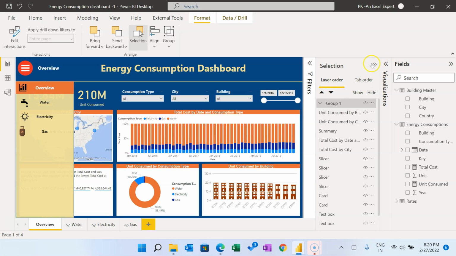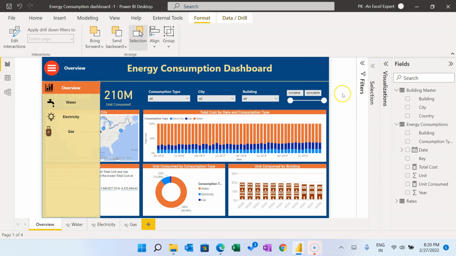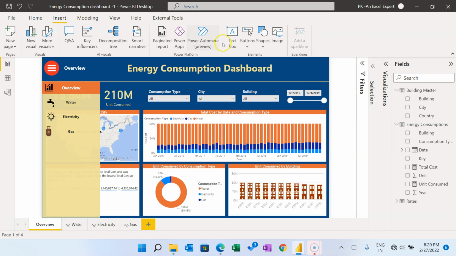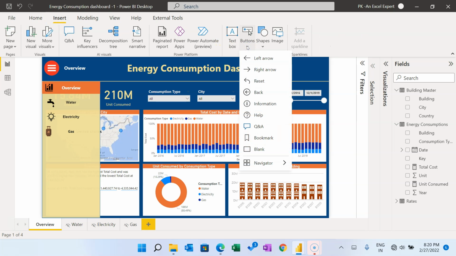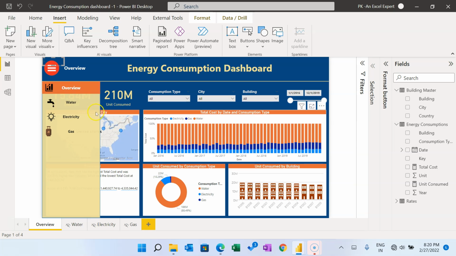Alright, now I'll insert a blank button. So go to the button and insert the blank button. So this blank button is available here. I'll make it slightly bigger and keep it on top of this. You can see this blank button has some border, so it is visible. I will remove this border, but for now to show you I'll keep it as it is,